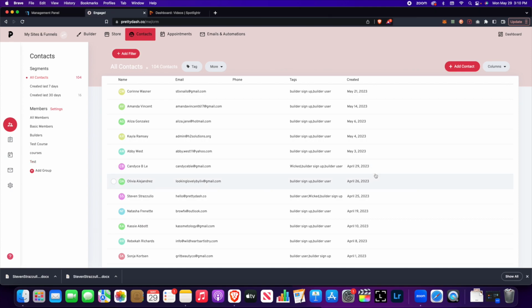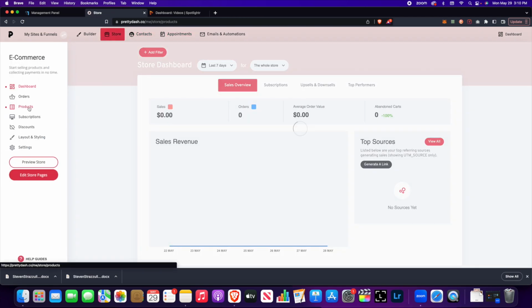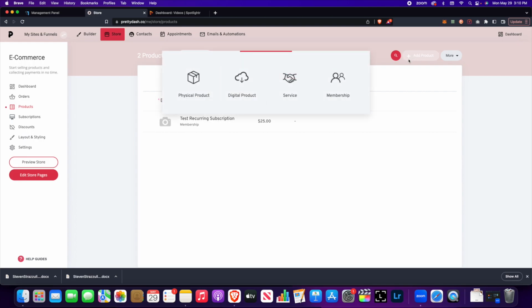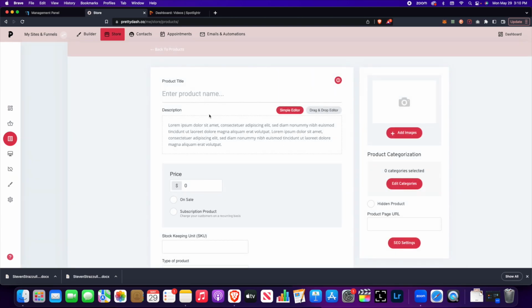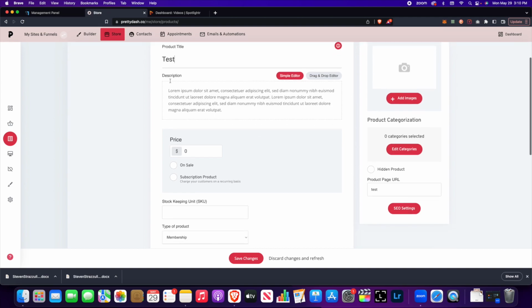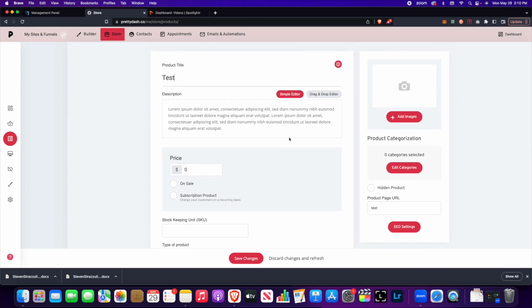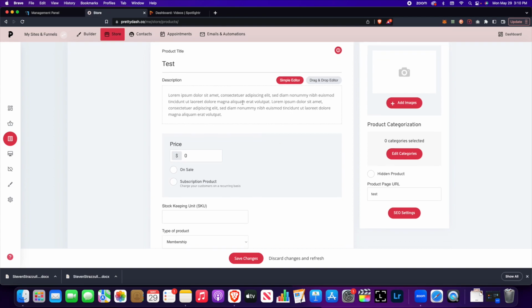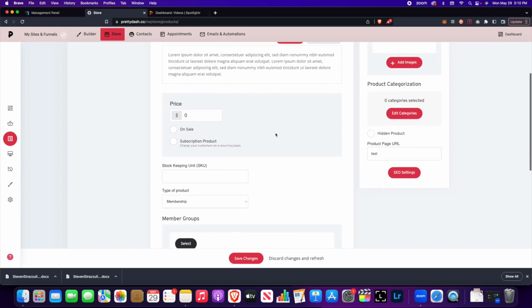Now we're going to go create the product that they're going to purchase, which is your course, that will put them inside of this member group. So we'll head up here to store. We're going to click products. We're going to click add product, membership. So again, we'll just put test here. You can fill all this information you want about your course and everything. But since the funnel has its own checkout, it doesn't really matter that much. We just need the product itself to be able to create the checkout in your funnel that will have this product in it. But go ahead and fill this information out, put a picture, do all of that stuff,